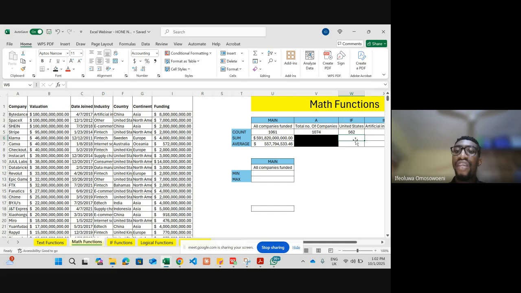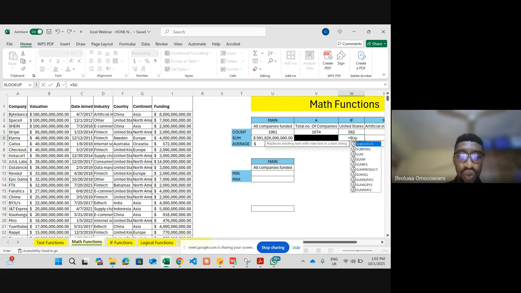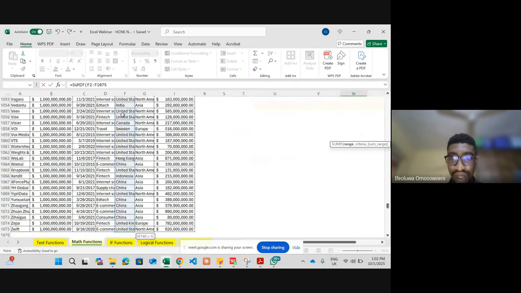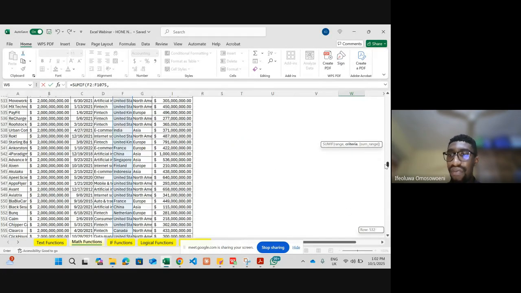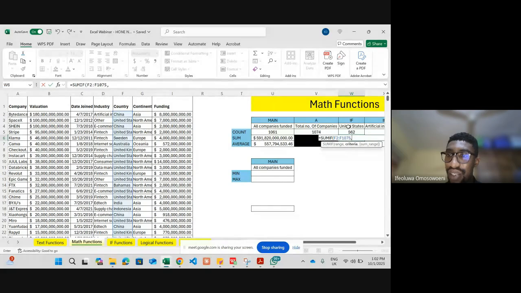So now sum if is just the same thing, but now it's going to be working with numbers. You can't sum text, right? So we want to sum if. Sum these values if it is United States. So equal to sum if the range. What's the range? The same range you did before again. China and the rest, Control Shift down arrow key, right? Comma, your criteria, United States. Click on this,